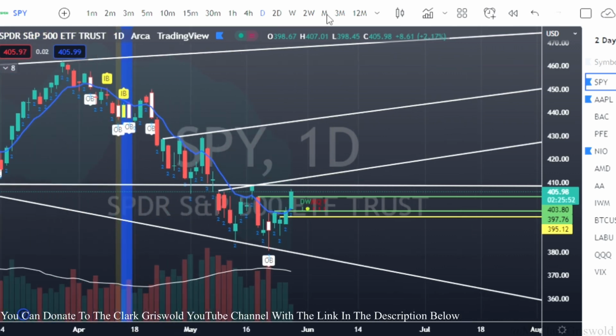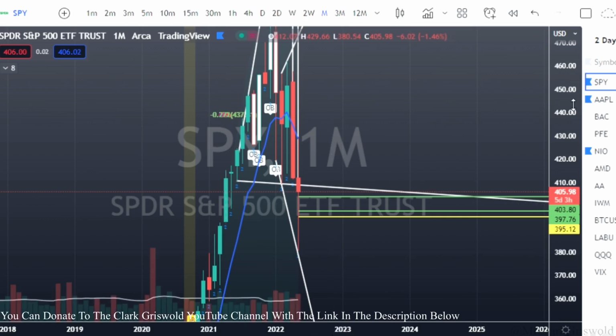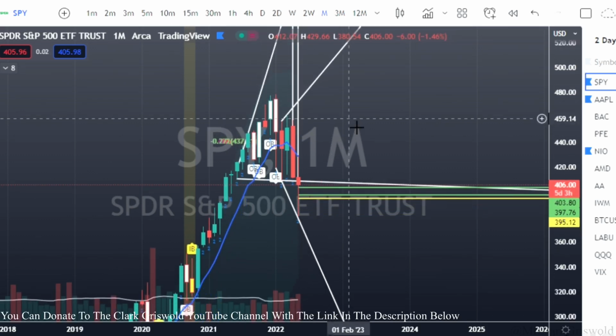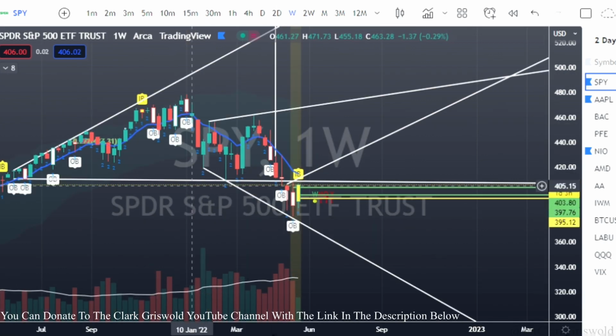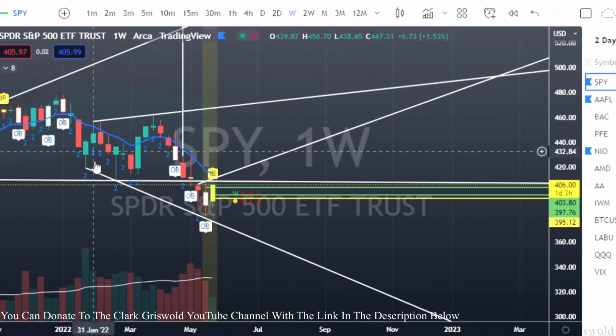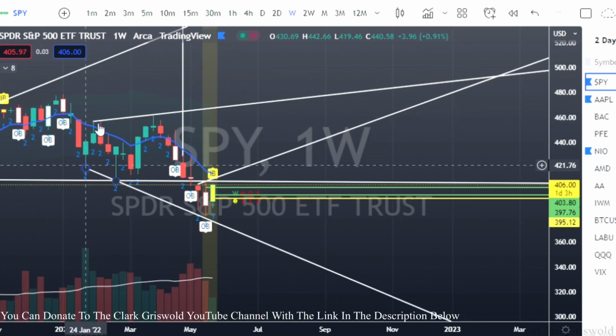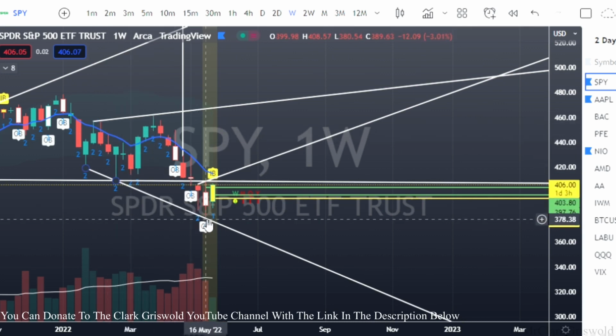If we go to the monthly, we can do the same thing. The problem is now the daily lines come straight up and down. Okay? So even here, if we go to the weekly shows up a little better, okay? So we still have it on the weekly. Lower low to a higher high, to a lower low, to a higher high, to a lower low, back up